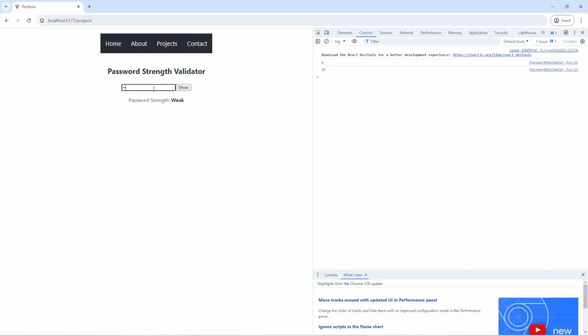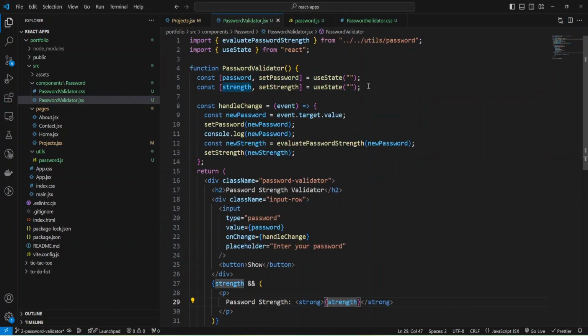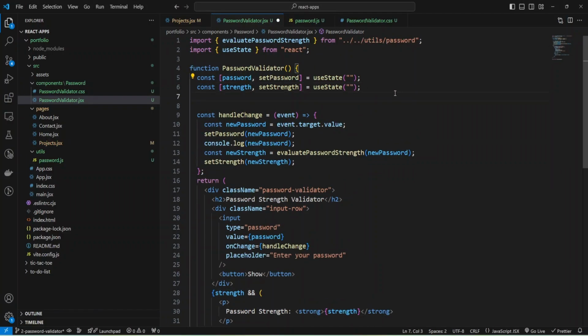I'm going to type, and as you can see, we see weak, and I provided more chars. We see our password console, and I'm going to add some uppercase, and we have strong password, and let's add functionality to show and hide password. Okay, and for that I need one more state variable.